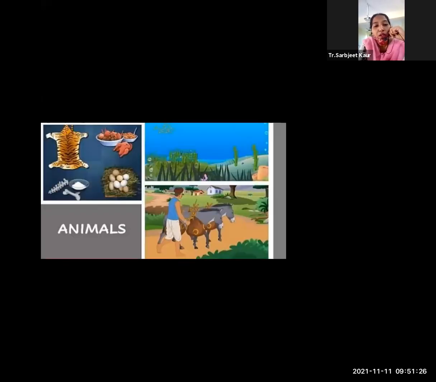Okay, what can you see in the image? The ass. The man is using the ass for carrying the goods from one place to another. We are getting different food products like bone powder, eggs, meats, chicken, then leathers from animals. You can see